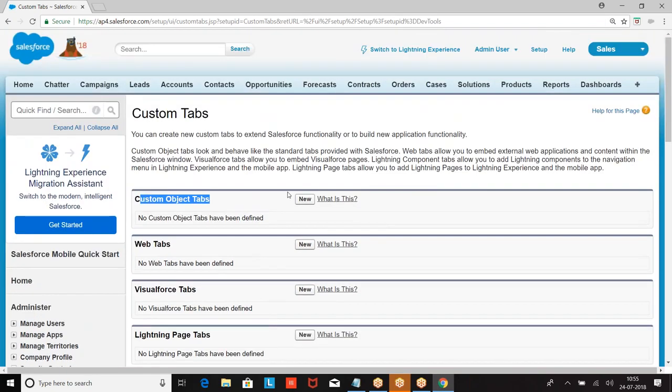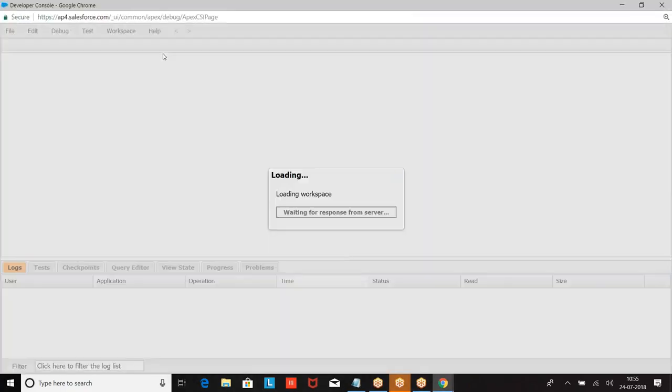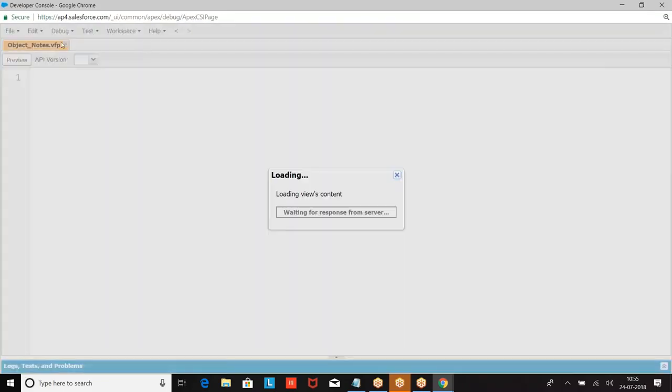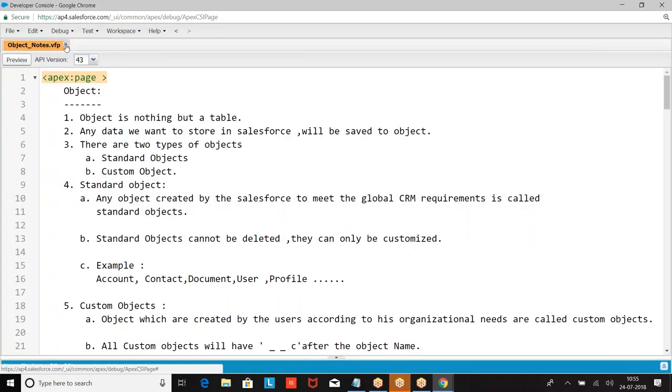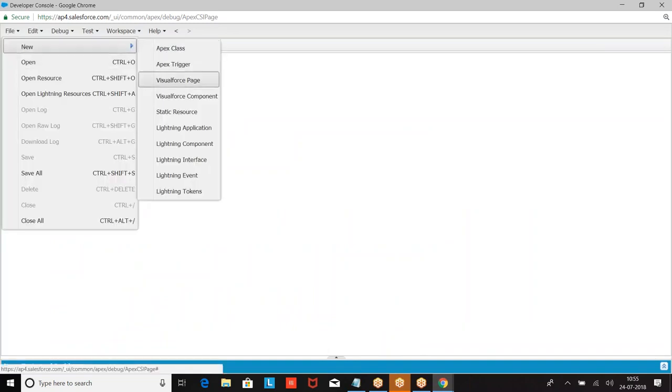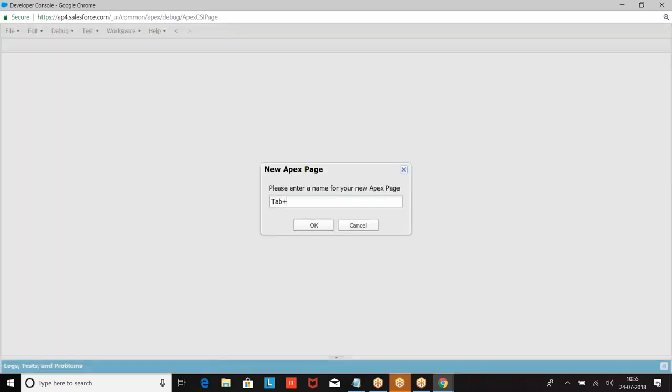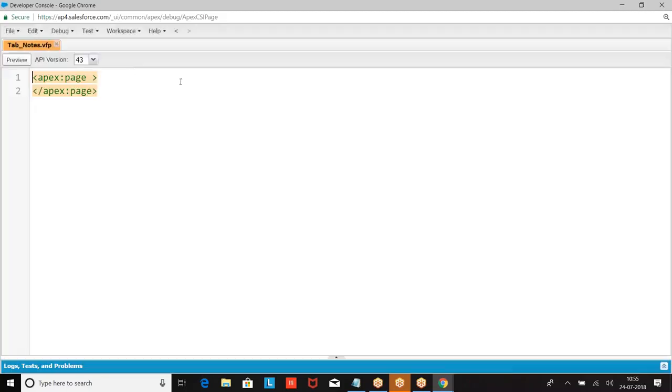Okay. Now let us go to how to create and what is the purpose of this. Let me give you a quick theoretical information. A tab is an interface between user and application.